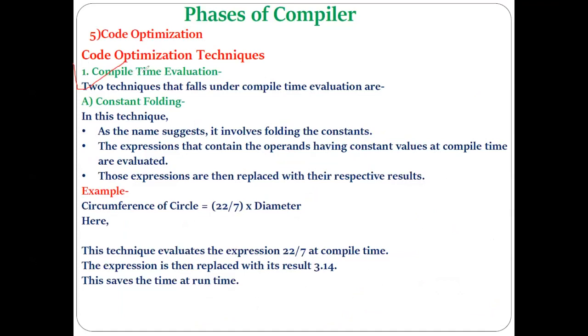Now, what is the meaning of compile time evaluation? Its meaning is straightforward: whatever computation or evaluation can be done at compile time only, that has to be done at compile time, and that is done by the compiler itself without doing that evaluation at runtime. If there is some code in your program which can be computed at compilation time only, doing that computation is called compile time evaluation, without putting the extra burden during runtime.